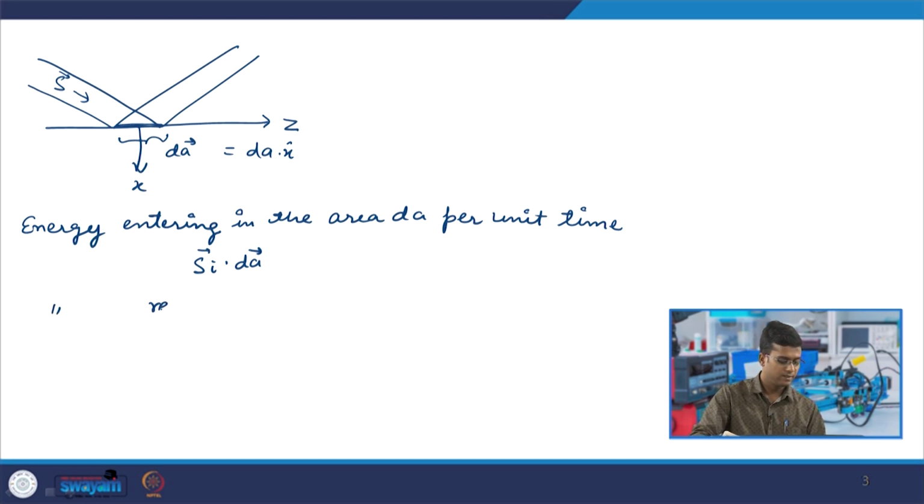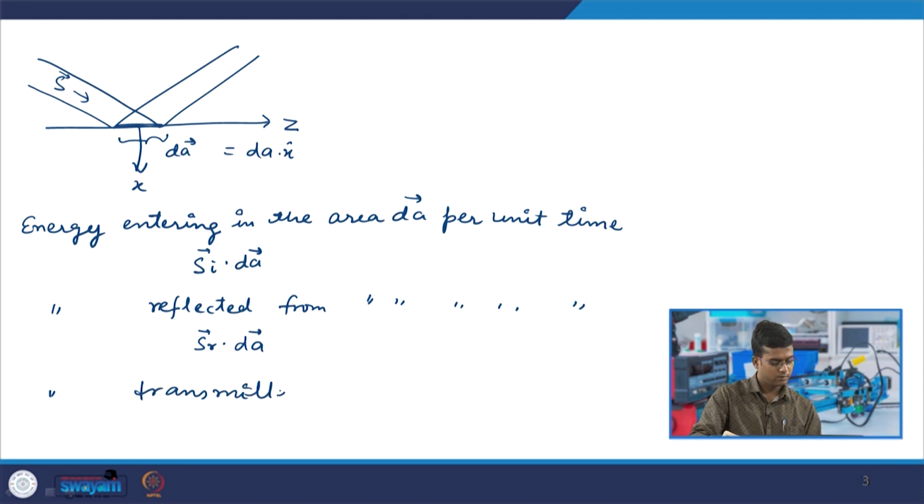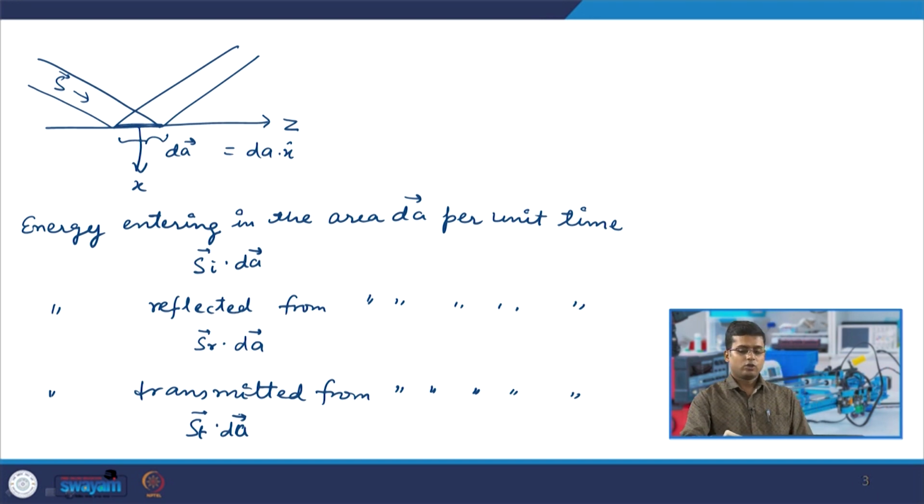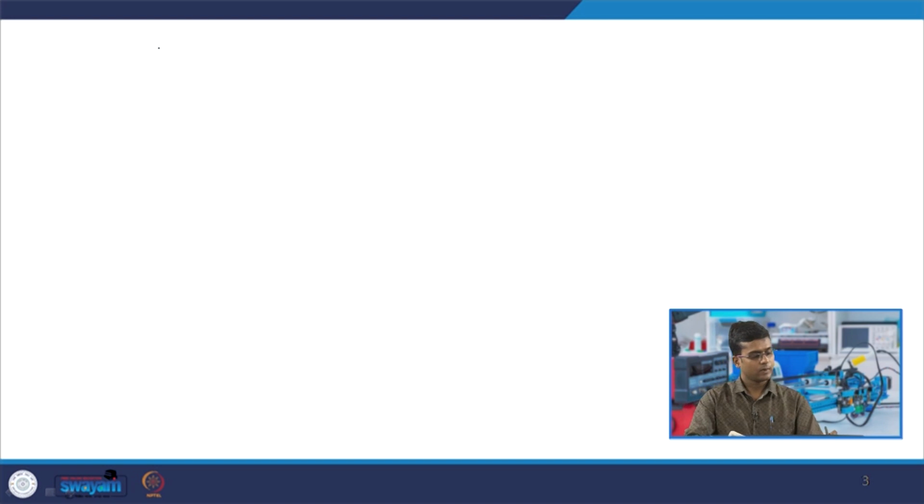Similarly, energy reflected from area dA per unit time is S_R dot dA. So, this is area. Energy transmitted from area dA per unit time is S_T dot dA. So, in principle S_I dot dA should be equal to S_T dot dA plus S_R dot dA,